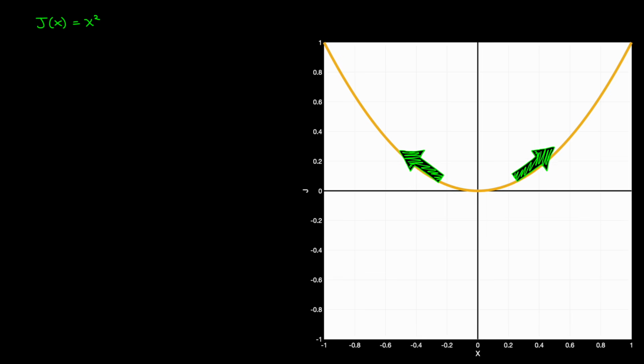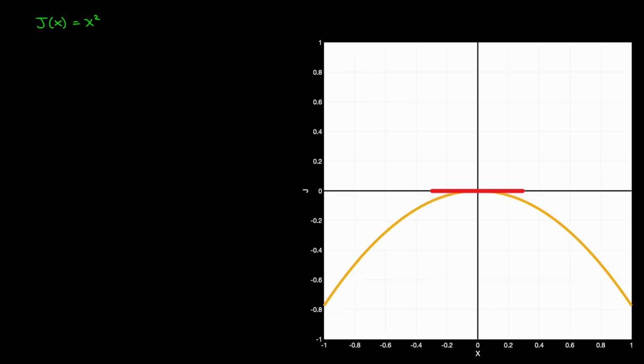Well, one thing we can notice is that the slope of the function is non-zero everywhere, except at the minimum point where it's flat. In fact, minimum and maximum points must exist where the slope is flat, because if the function was increasing or decreasing still, then that point wouldn't be the most extreme. And we can tell if a flat point is a minimum if the rate of change of the slope is positive, or if everything is curving up and away from it. And it's a maximum point if everything is curving down.